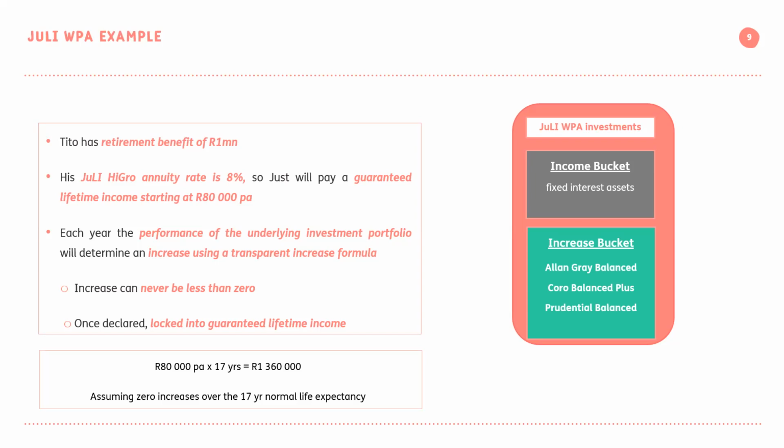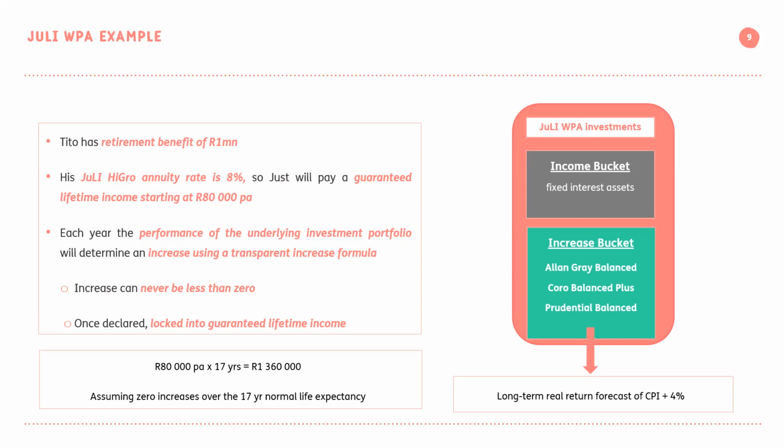So 500,000 Rand going into the income bucket to secure that guaranteed income we need to pay to the retiree, and 500,000 going into the increase or growth bucket, so that that can drive the engine. That becomes the engine driver of growth and providing your annual pension increases. When we developed the product, we spoke to a number of the leading asset managers, and all of them were comfortable that over the long term, the regulation 28 portfolios that we've chosen should be able to provide investment returns that are CPI plus 4, so a real return of 4.